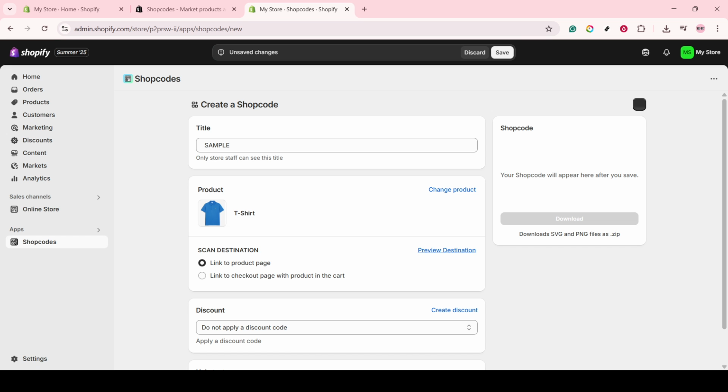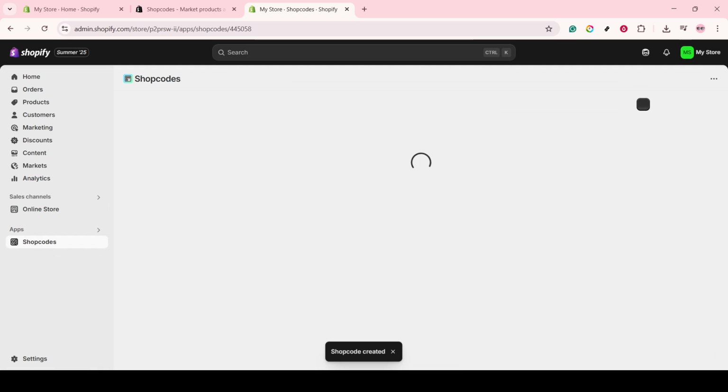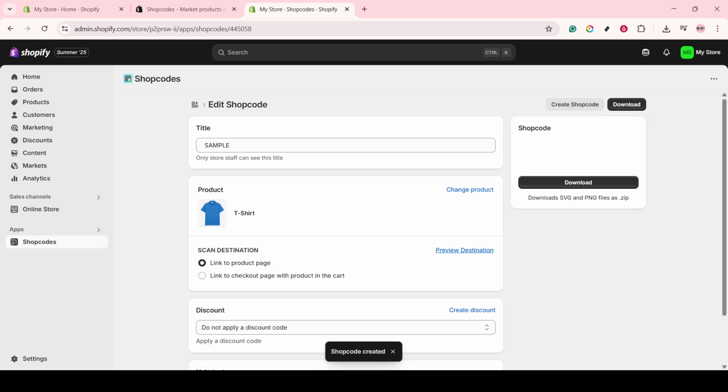You can now begin incorporating it into different marketing materials or physical points of sale, such as packaging, posters, or brochures, where your customers can easily access it. Remember, using QR codes can greatly enhance the shopping experience by connecting digital and physical spaces, allowing for easy product access. By following these straightforward steps, you can efficiently generate QR codes that will serve as a bridge to your